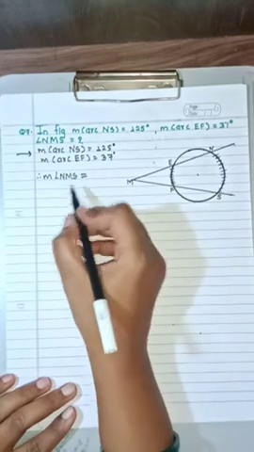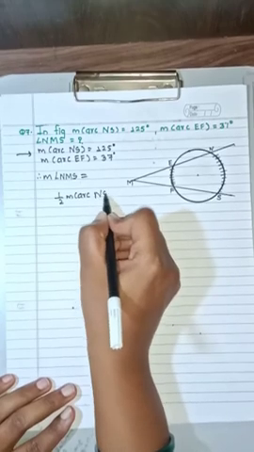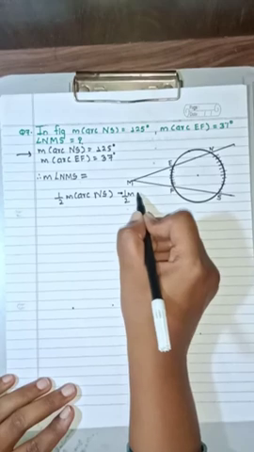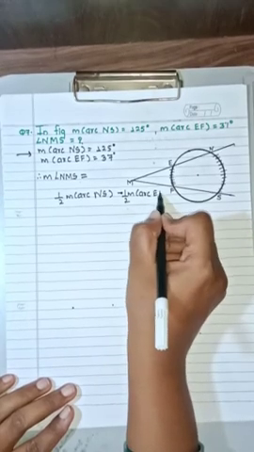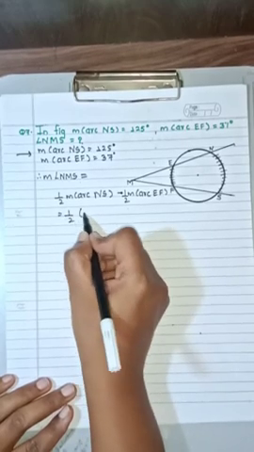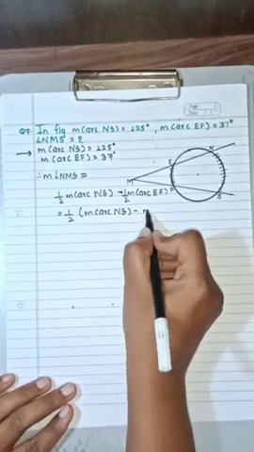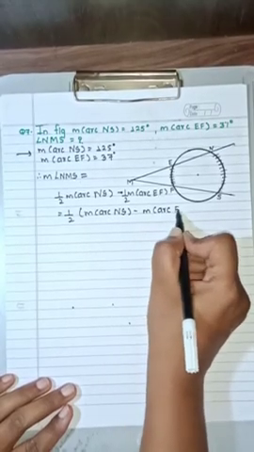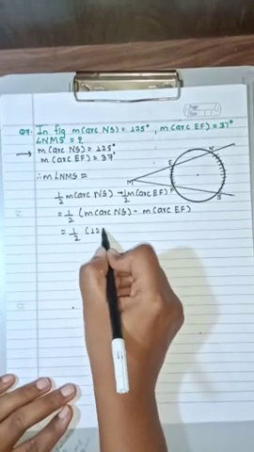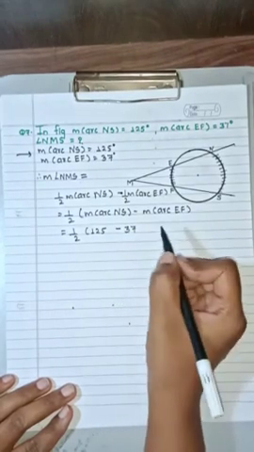So measurement of angle NMS is equal to half measurement of arc NS minus half measurement of arc EF. Now I'll take this half as common. I'll write down here half of measurement of arc NS minus measurement of arc EF. Okay, so half. What is NS? NS is 125 minus 37. Okay,